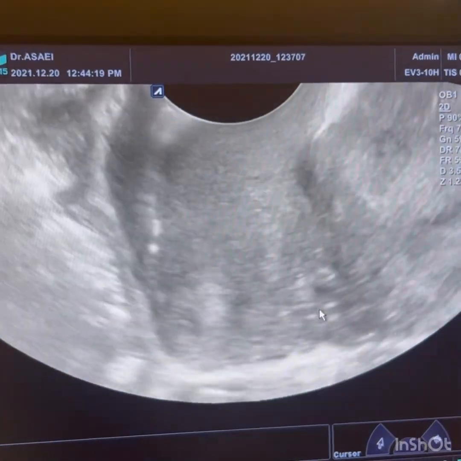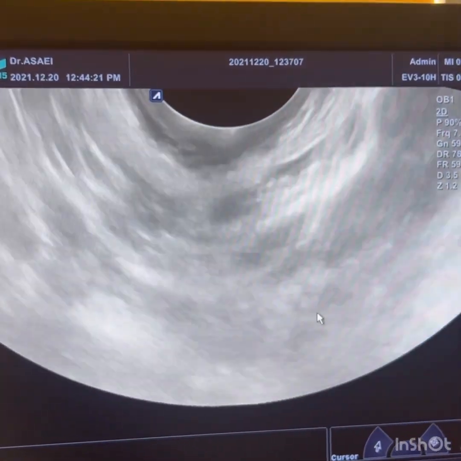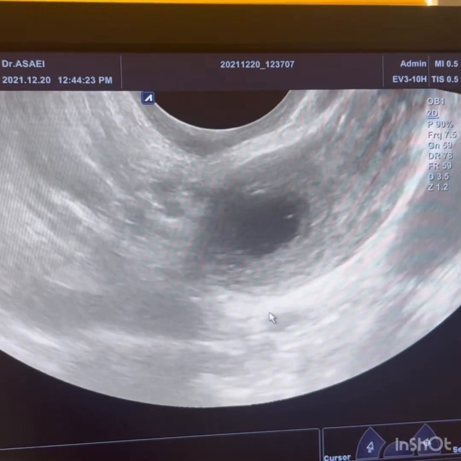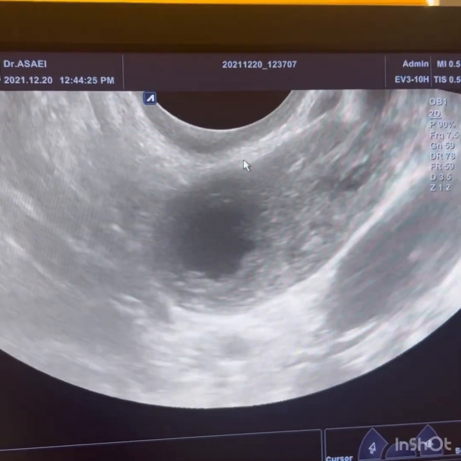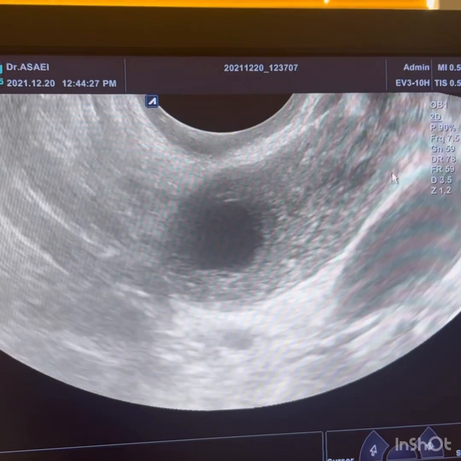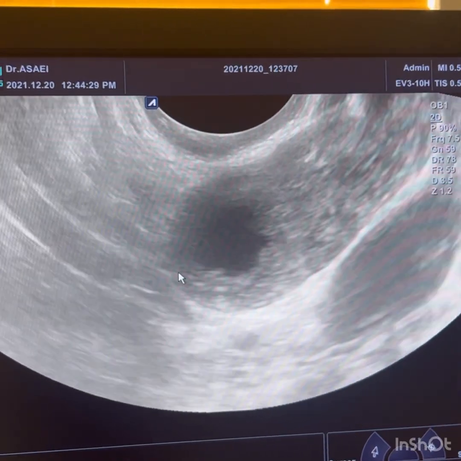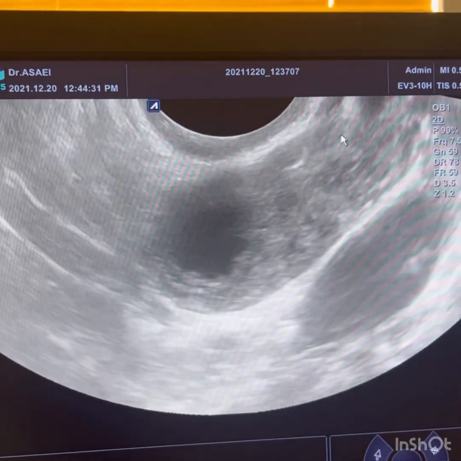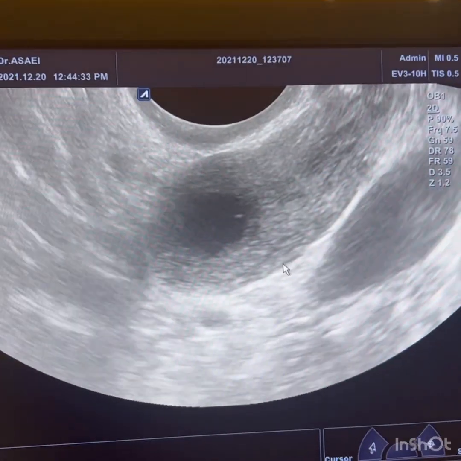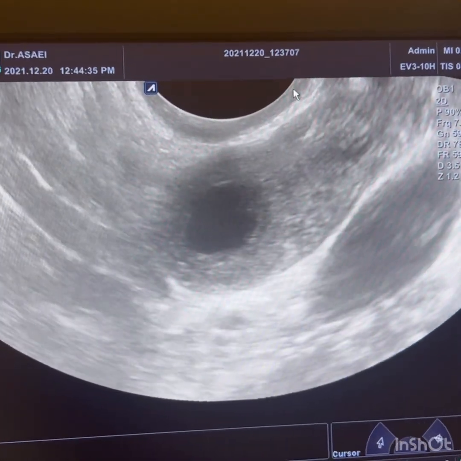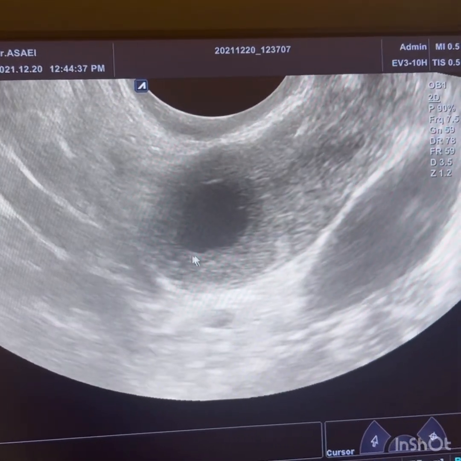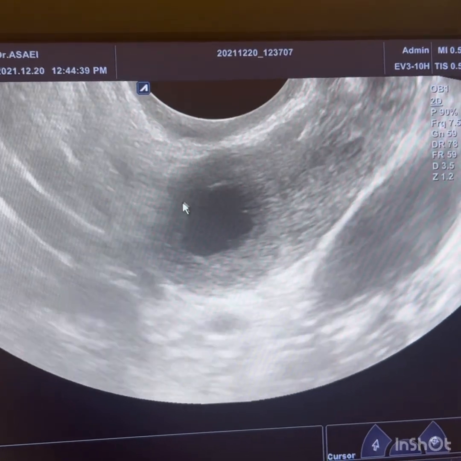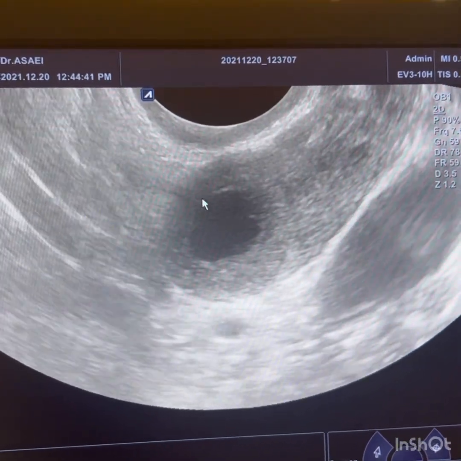Now let's investigate the left adnexa in this patient. We can see the left ovary here containing a few follicles. And again, we can see a cystic structure in the left ovary, which is located inside the left